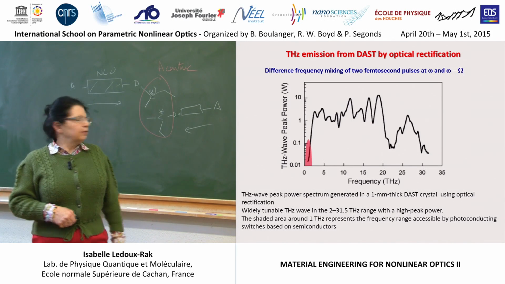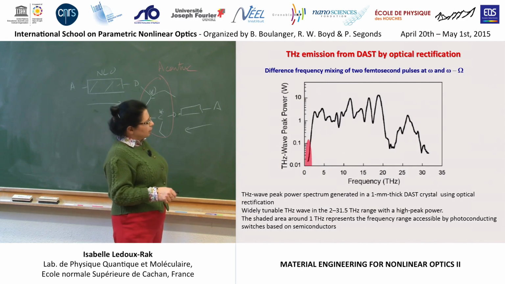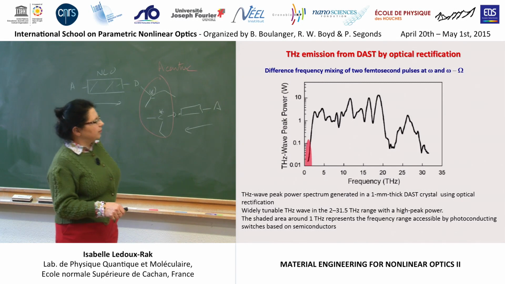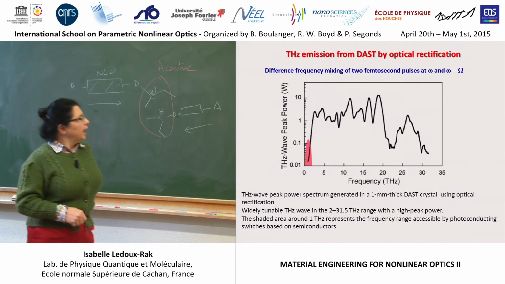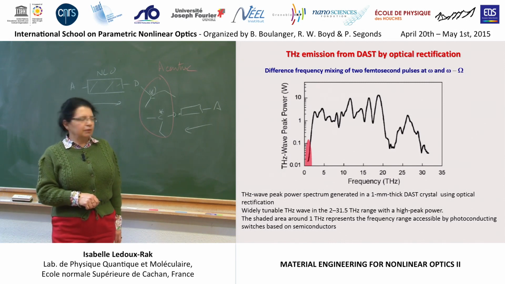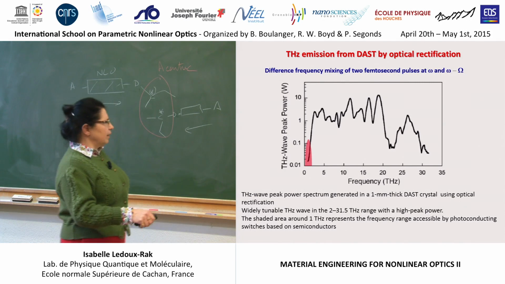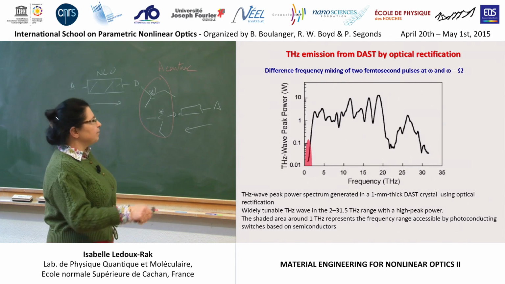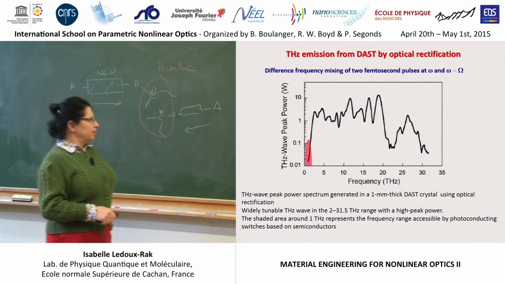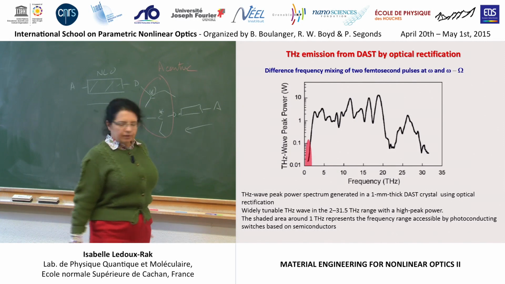There is an example of another organic crystal, more recent, but with a cutoff around 20 terahertz instead of 30. And this is, of course, made with femtosecond ultra-short pulses because it requires a very high intensity. And compared to classical photoconducting switches, you have a wide extension of this